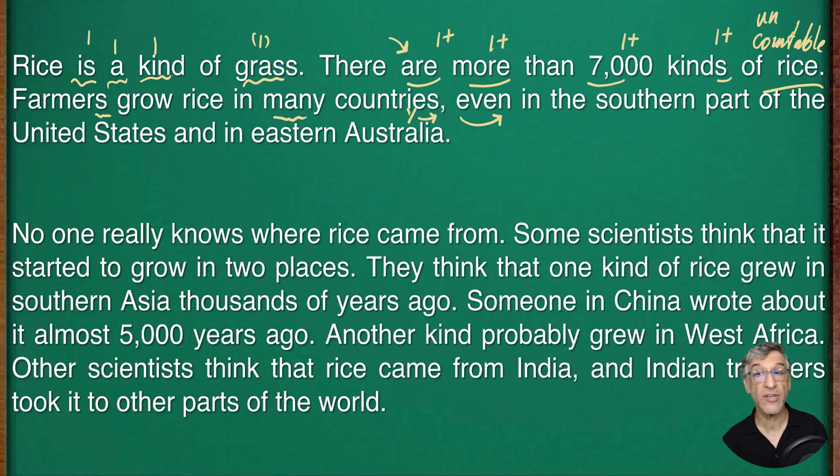Even in the southern parts of the United States, yeah, and in Eastern Australia. Yes, they can grow rice everywhere. You remember? Capital letters, talking about proper nouns. These proper nouns can come in different forms and point out different things, like countries, special companies, people, and different ideas. Of course, here ideas means the place that you like to talk about.